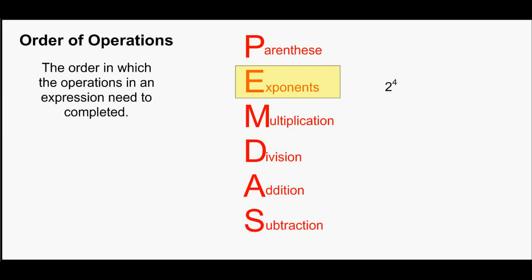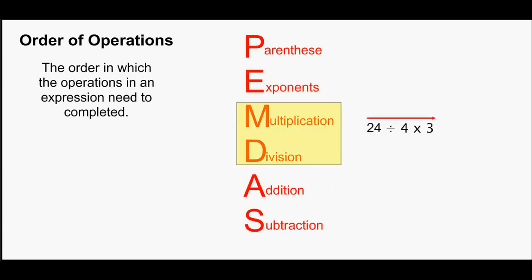Next, we have exponents. Exponents must be done next. In this case, we have 4 factors of 2, which equals 2 times 2 times 2 times 2, which equals 16. Our next step sometimes causes confusion. This step contains 2 operations, multiplication and division. When evaluating these 2 operations, you will evaluate the one that you read first as you read from left to